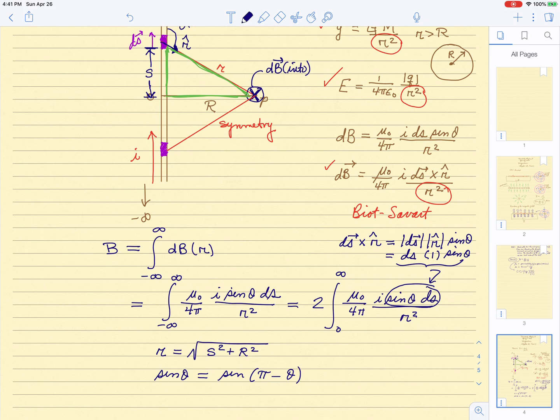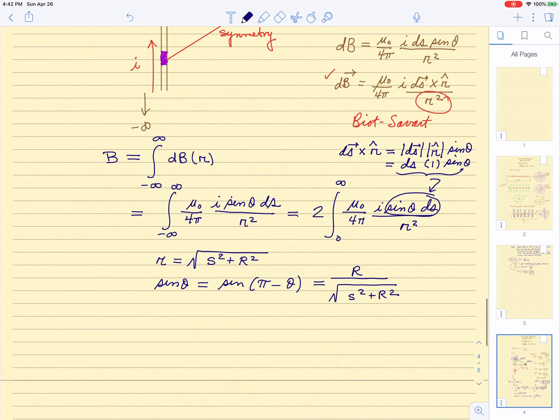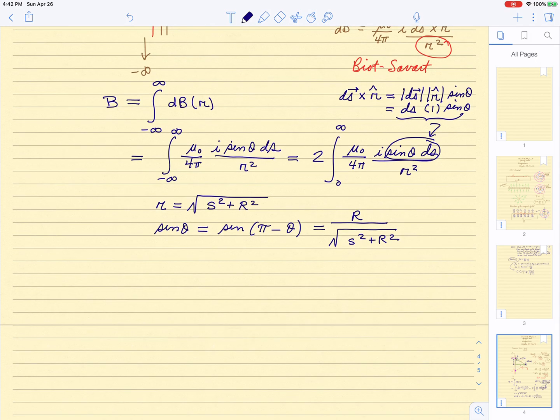So if we look at this angle in here, which is 180 degrees minus theta, or pi minus theta, that's going to be equal to the sine of theta as well. And the sine of theta, looking at that triangle, is going to be equal to capital R over the square root of s squared plus r squared. Okay? So now that integral becomes